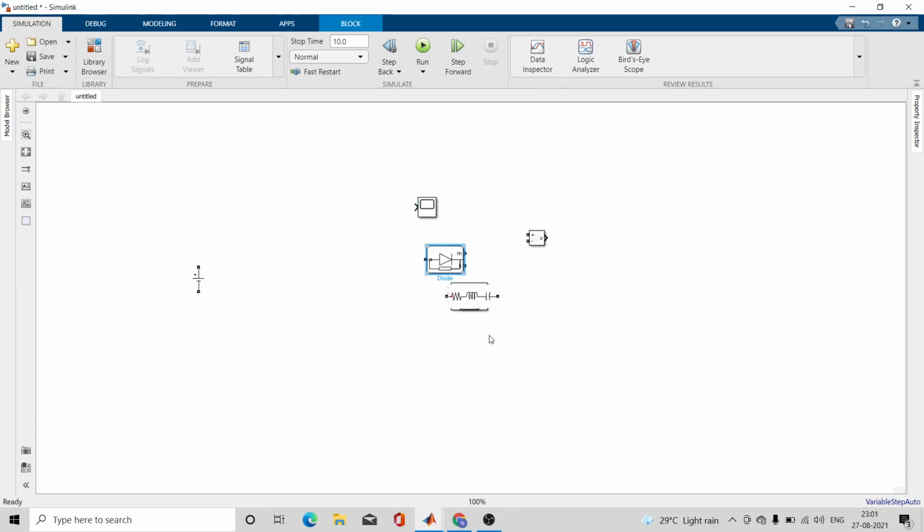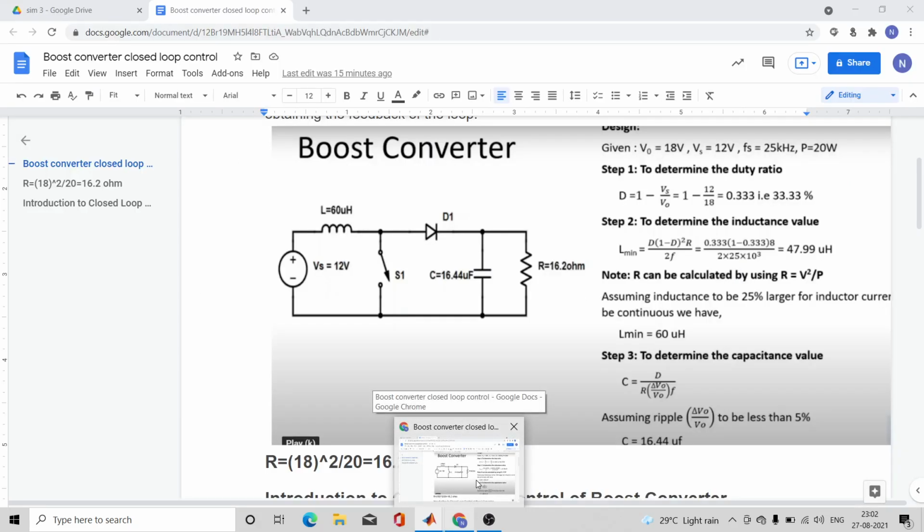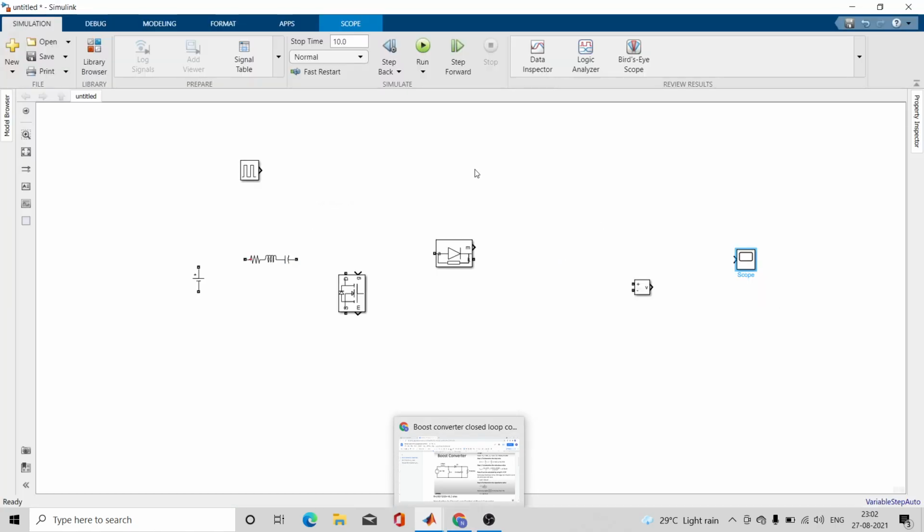Let us quickly locate the components as per the diagram. We can rotate it. As you can see in the diagram, you have to build the circuit like this. You have taken the RLC branch, so let us see how you can take inductor, capacitor and resistor from this same series RLC branch.